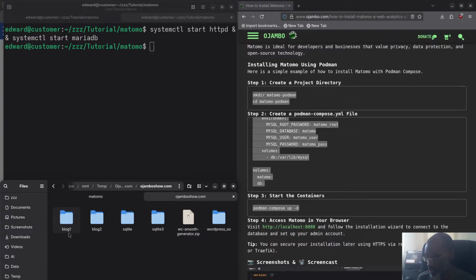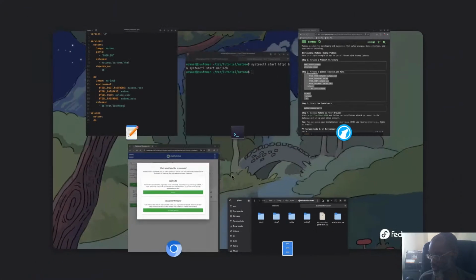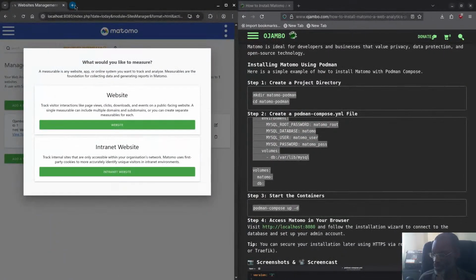So the one I want is one of these two, the blogs. These were two WordPress sites. I think this blog one, I can't remember its password. I'll show you how we can reset a password since we're here as well. So this is not a WordPress tutorial, but I'll show you how to do that. So if I go to the here and I go to